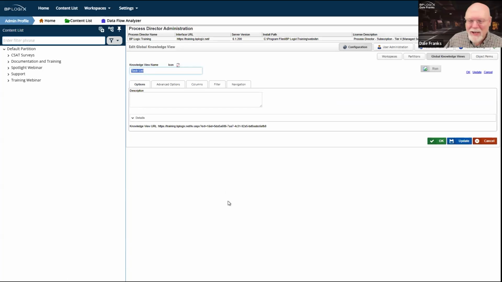And then we get a tech support ticket that says only users of this application can see their task list. The task list isn't showing up for anyone else. Yes, that's because somebody went in and changed your global knowledge view. And now the only task list that works for anyone is a task list that shows tasks from that specific application.